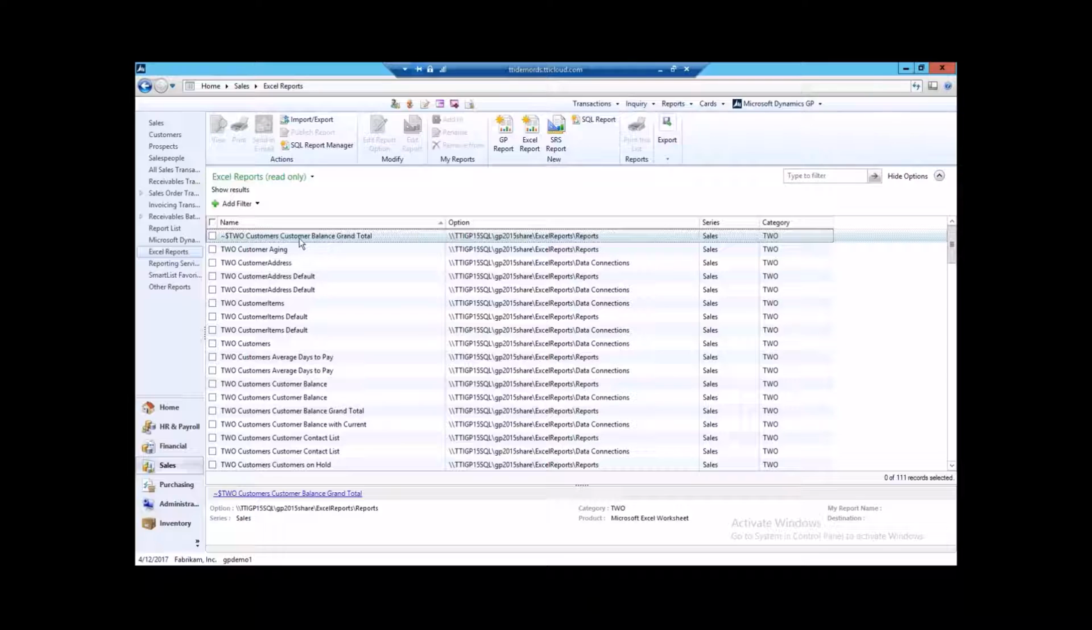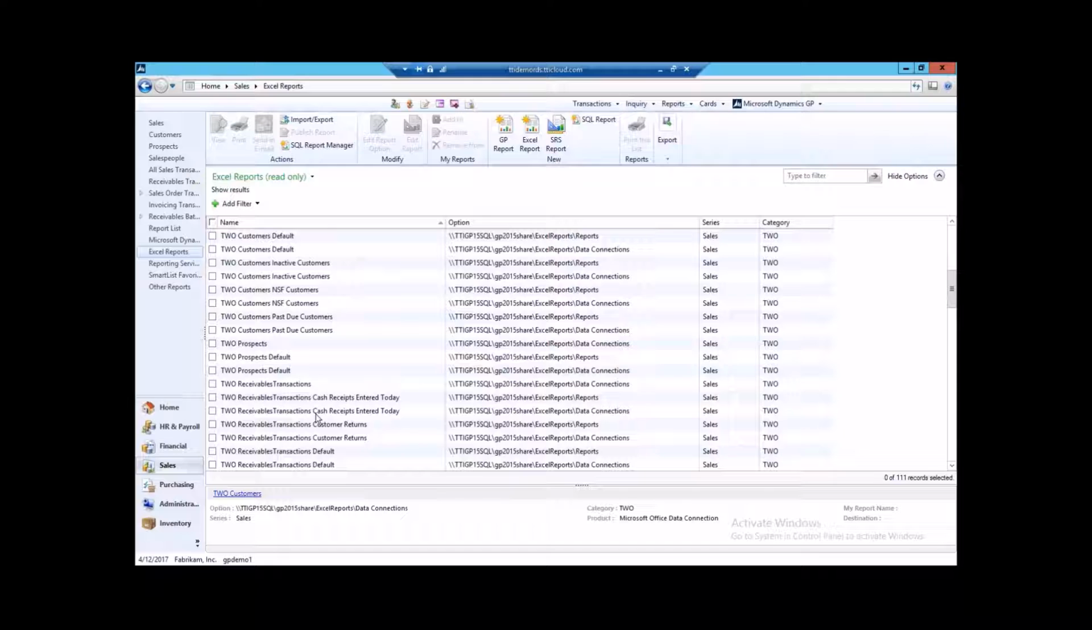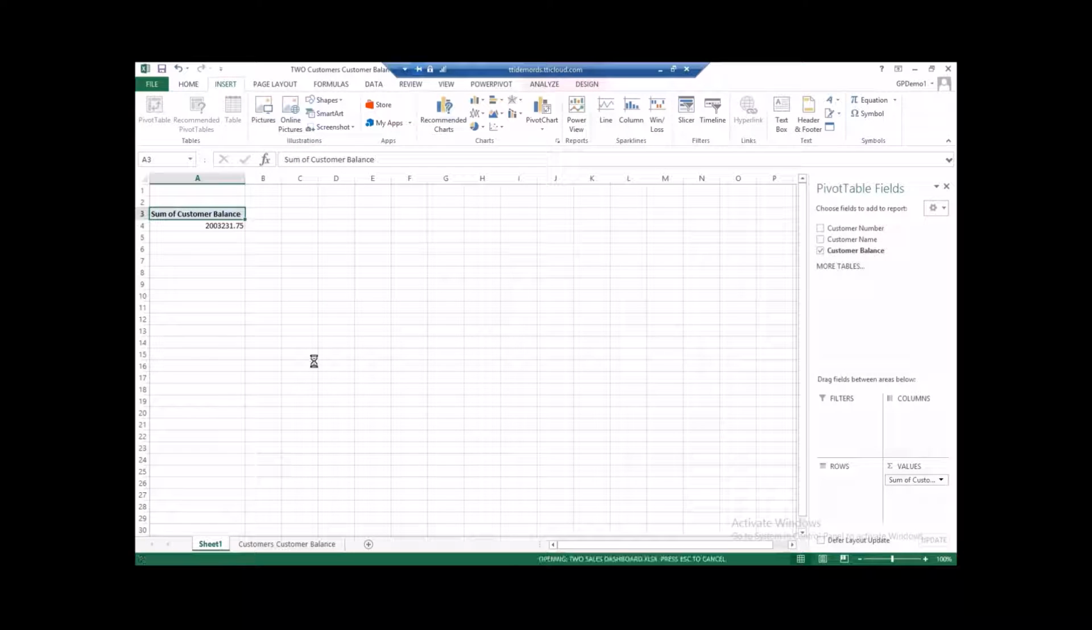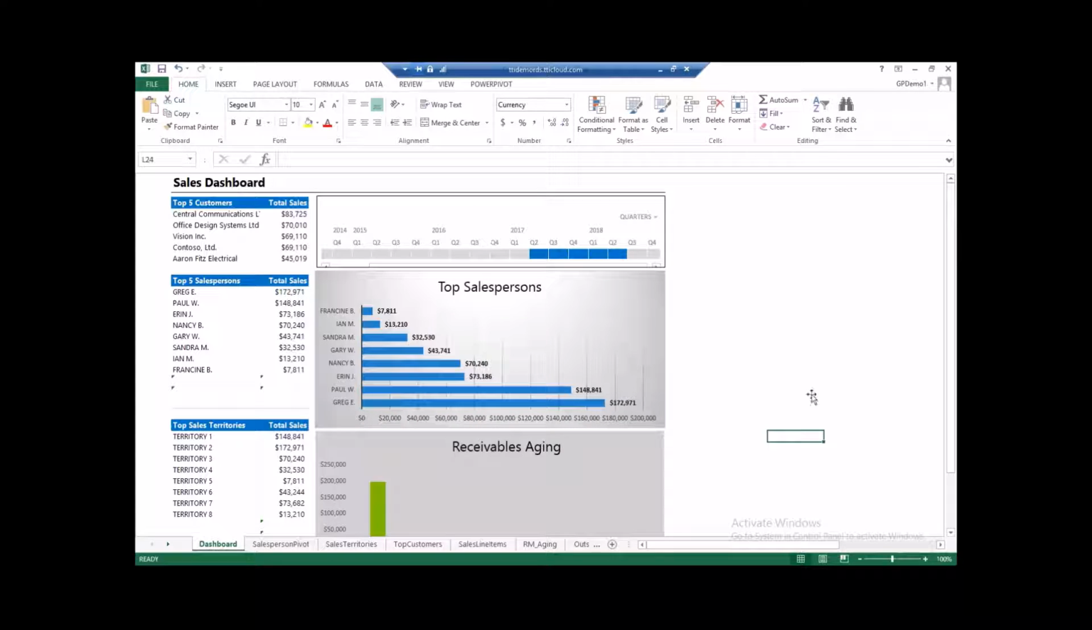So there's a lot of benefits along the way of being able to create those and working with them, creating the pivot tables off of them, and then doing more of those dashboard type environments that we were looking at. Same thing for any of the ones, like I was saying, in GP 2013 R2 and beyond. Each section has those dashboards that have been deployed, which are extremely nice